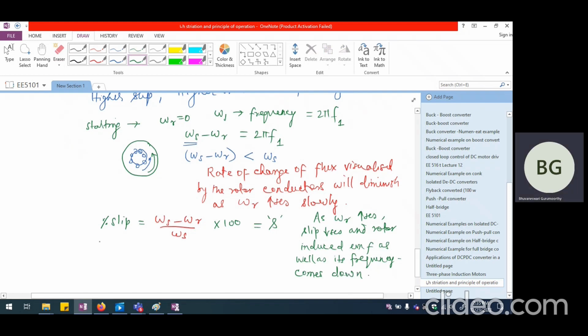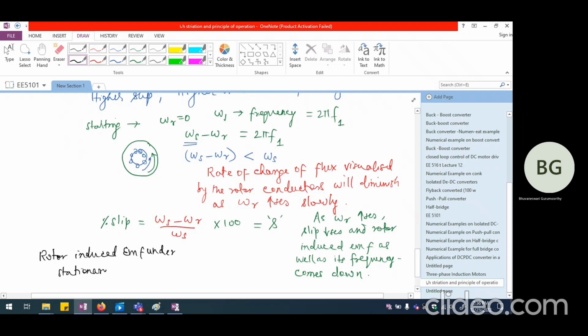In general, if I call the rotor induced EMF under stationary condition E2,